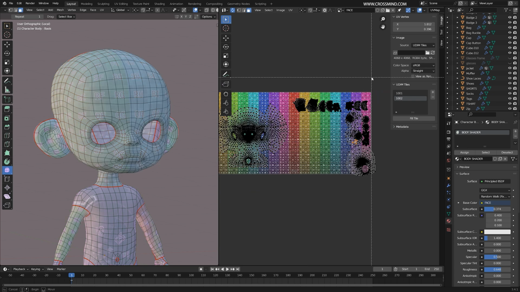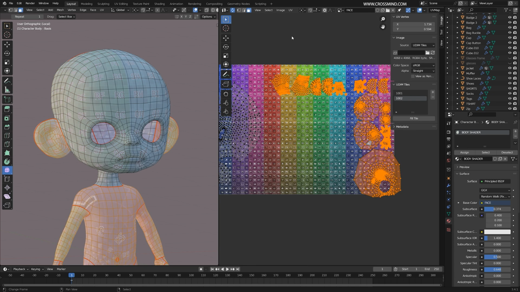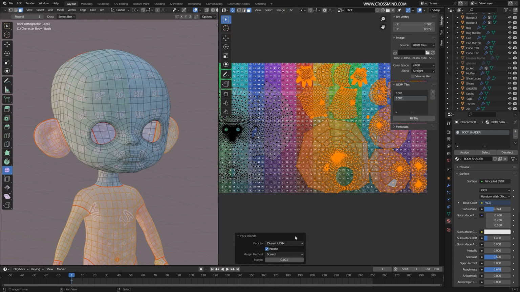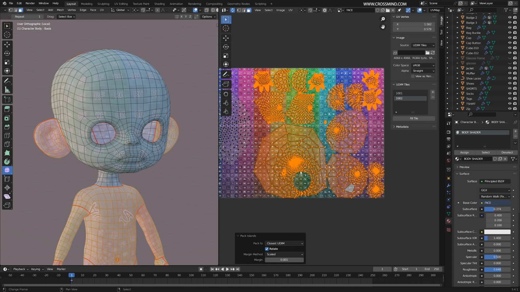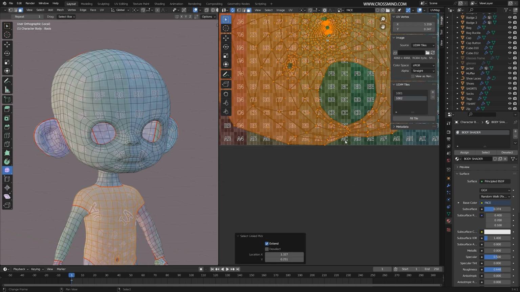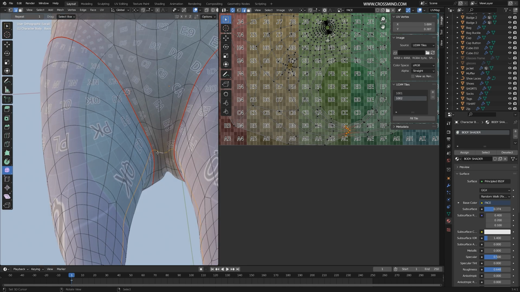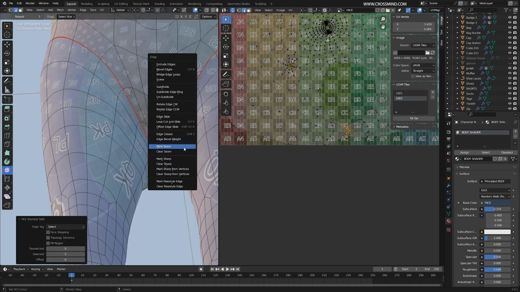And then we can select all of these, UV, pack island, closest UDIM, and this is going to pack it inside the second UDIM we have. So now let's see, I think we might need a seam here, from here to here, mark seam,